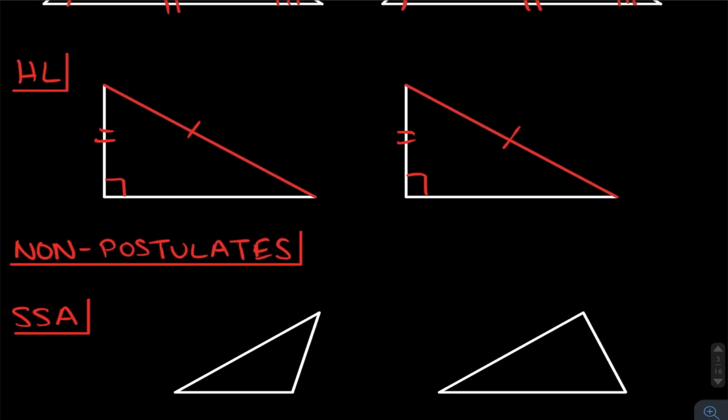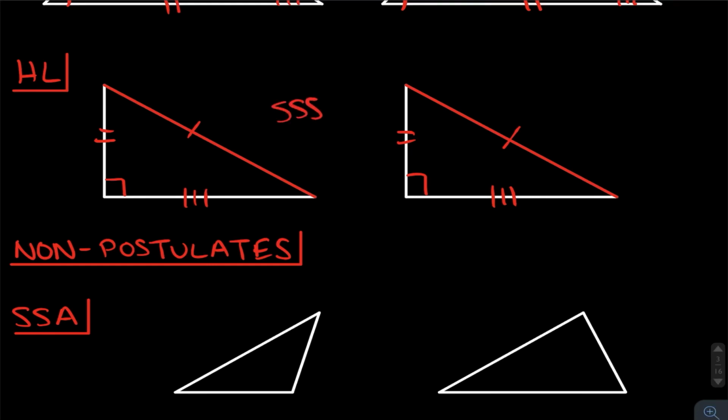Okay, now you might be wondering, like, how do you actually know that these things are congruent with HL? Well, actually, it's through the Pythagorean theorem. So if you know that these 2 sides are congruent, right? If you know the lengths of these 2 sides, then by Pythagorean theorem, you can find the length of this side, right? And if these lengths are the same, then these lengths will be the same, right? And so that's kind of interesting. So now you will know that this is congruent by side, side, side,